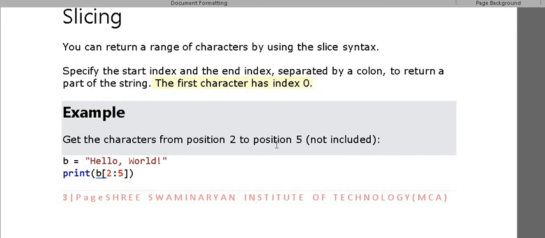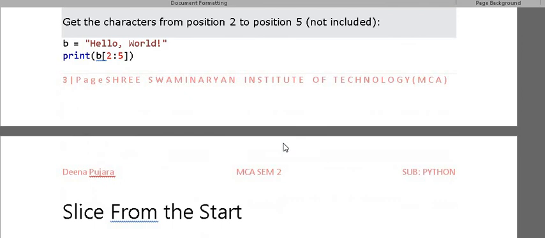Here you can see that I am taking the string hello world. Now I want the characters starting from position 2 to 5, with a colon, that is the range I am giving. So if I want 2:5, meaning starting from 2 and ending at 5, for that we use slicing. I give the particular variable, and in the square brackets I give the range, the position values, that is 2 to 5.